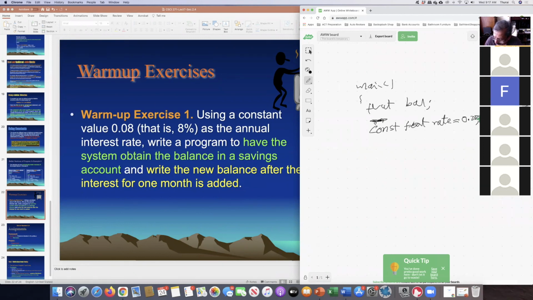And then cout, ask the user to enter the balance, and cin balance. So now you have the bank balance in this variable. And now compute